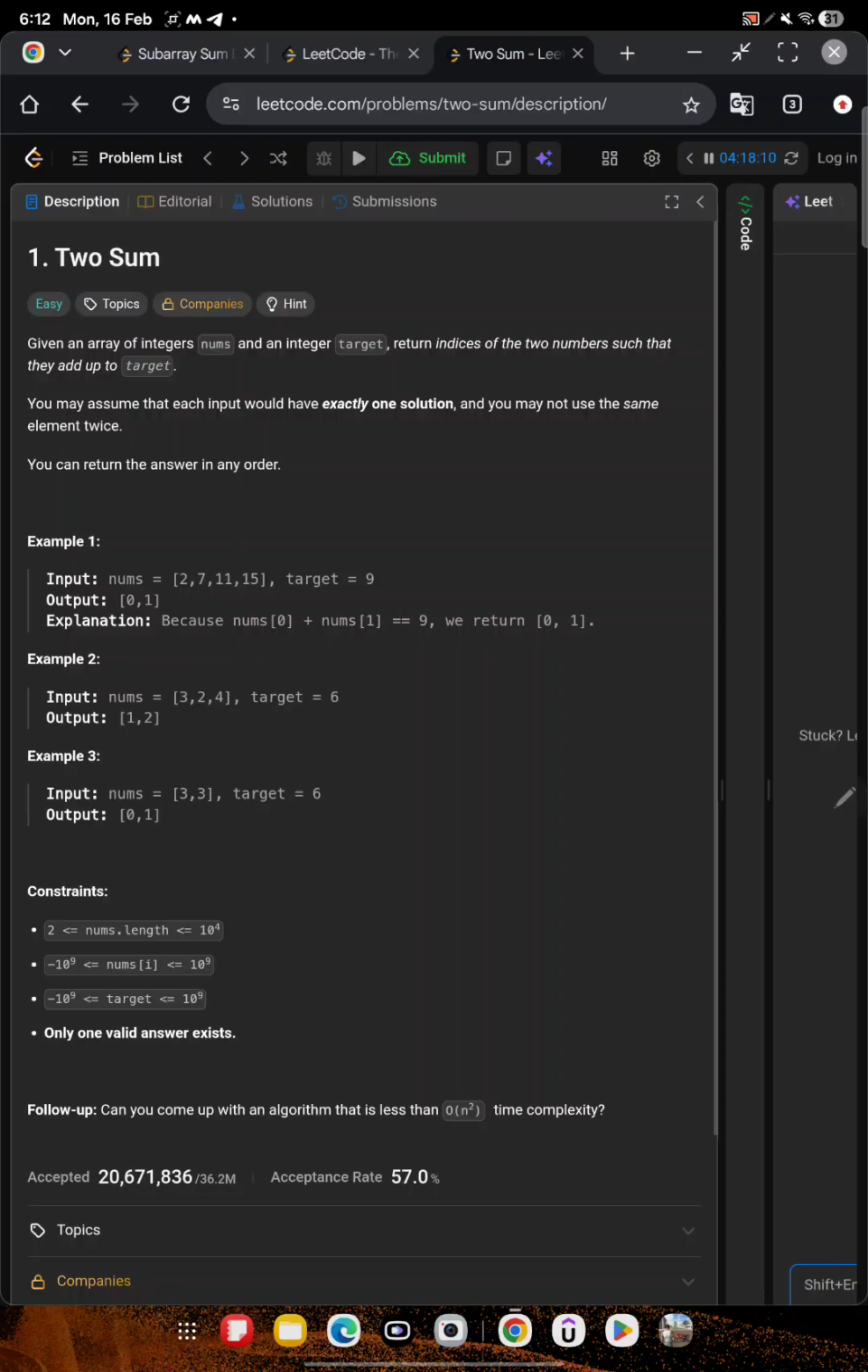There is an example given: the input nums is 2, 7, 11 and 15 and the target is 9. So the output is 0 and 1, which means 2 and 7. It returns the indices 0 and 1, meaning the elements 2 and 7. The explanation is, because nums[0] plus nums[1] equals 9, so we return